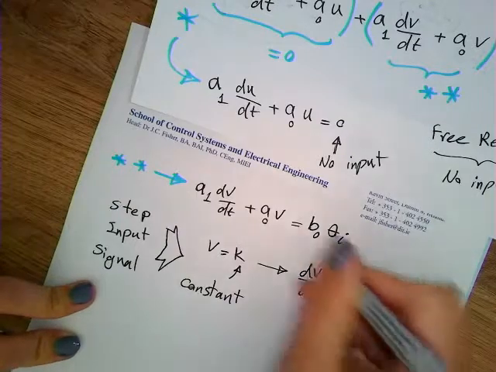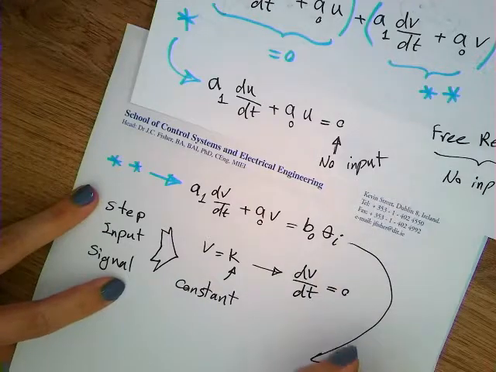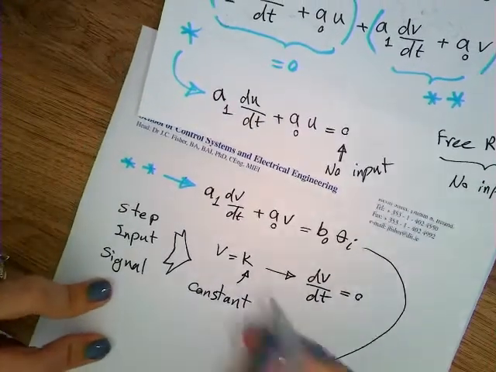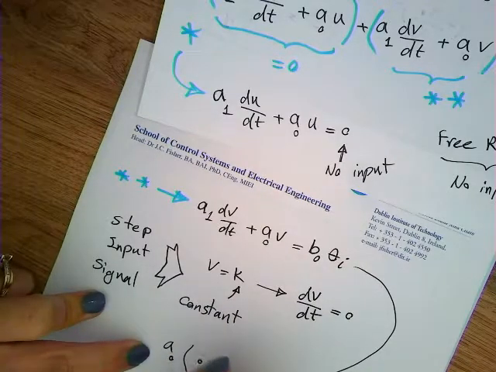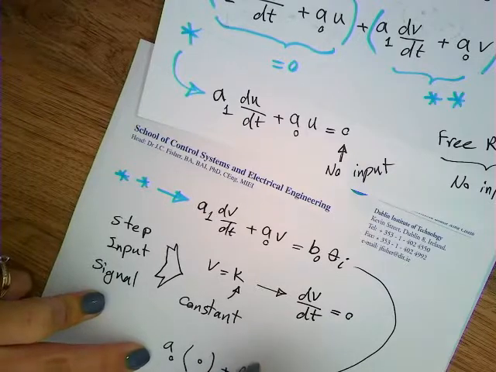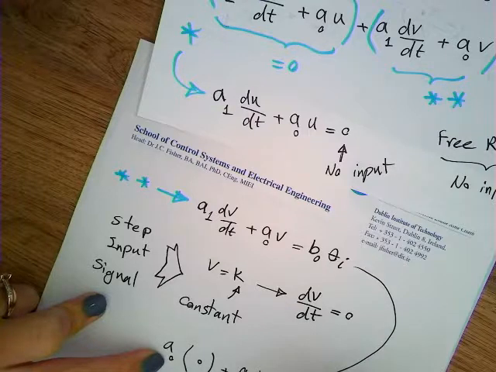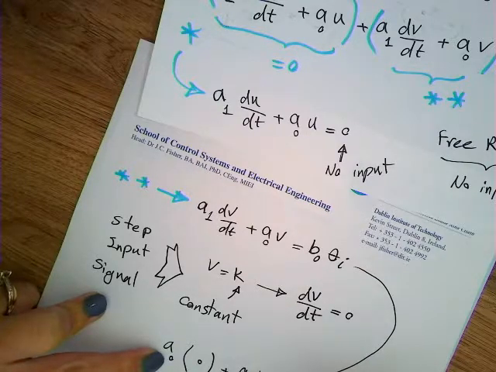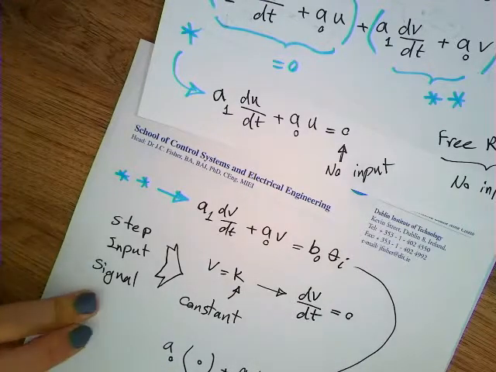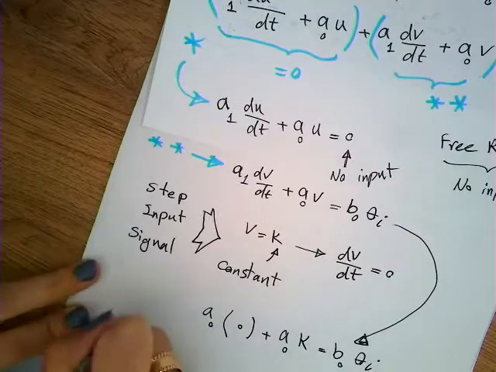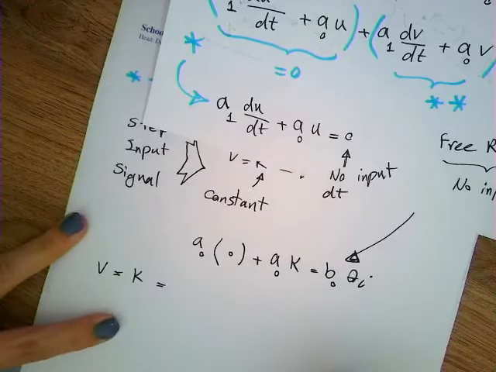Now we can replace this inside the upper one, and then we are going to have, so that will be 0, so A1 will be multiplied by 0 plus A0, the V is K, and then the right side will be. Now from here, my V, which is equal to K, can be obtained, and that will be equal to